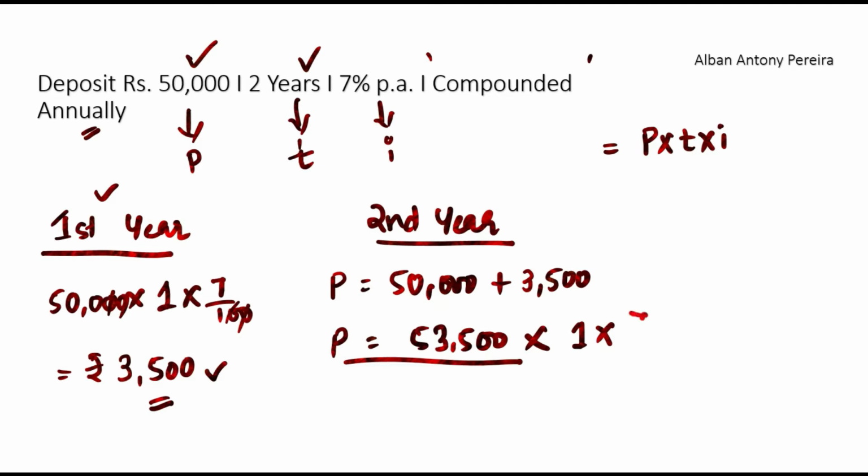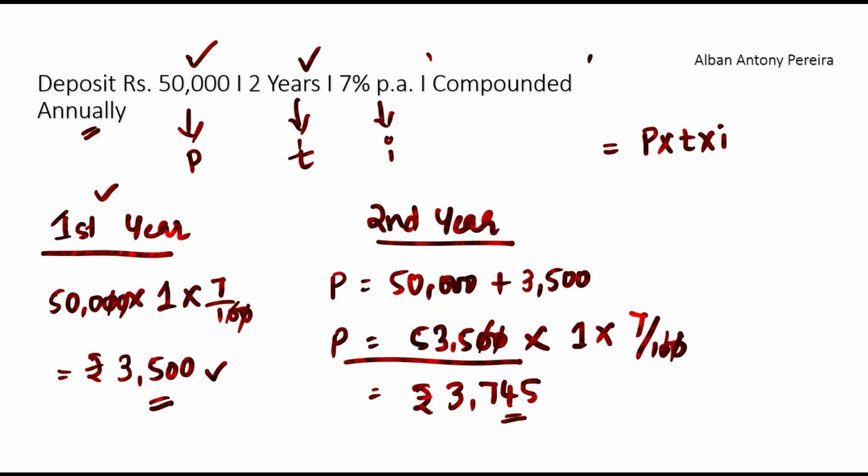Now interest rate. Interest rate is mentioned as 7%. Okay, so cancel these two zeros. So 535 into 1 is 535. Multiply 535 with 7 and we get the answer as rupees 3745. Clear? So our first year's interest is 3500 and second year's interest is